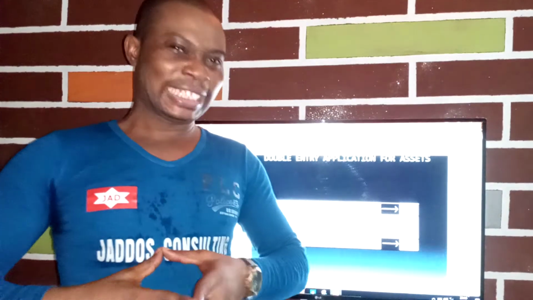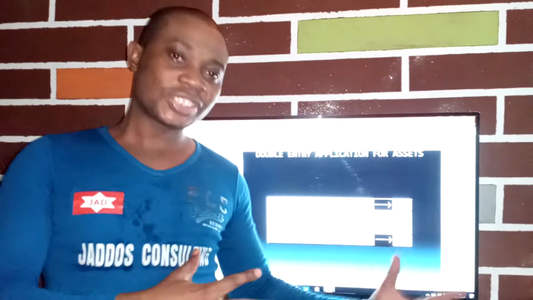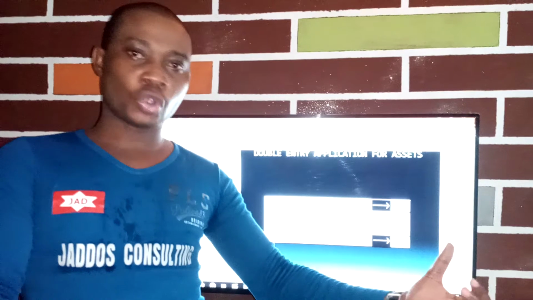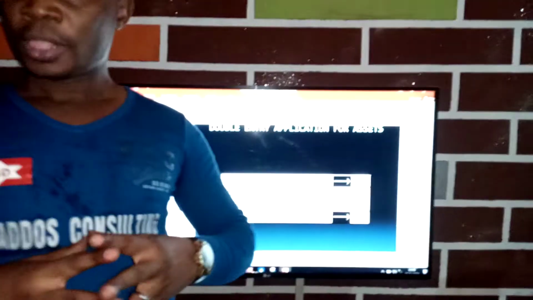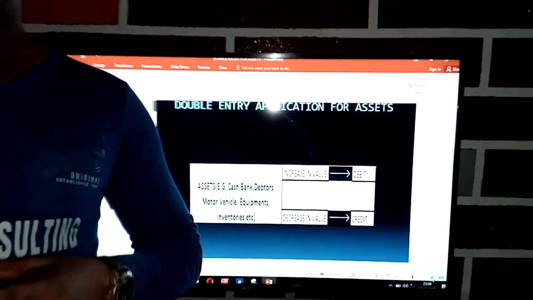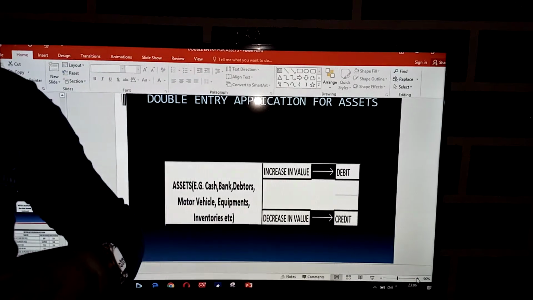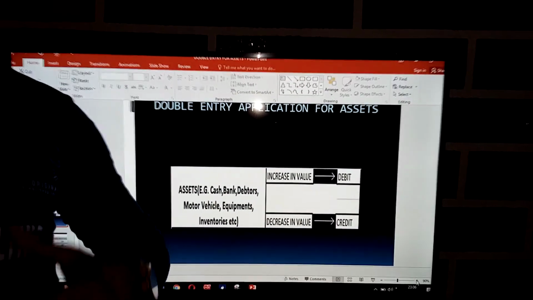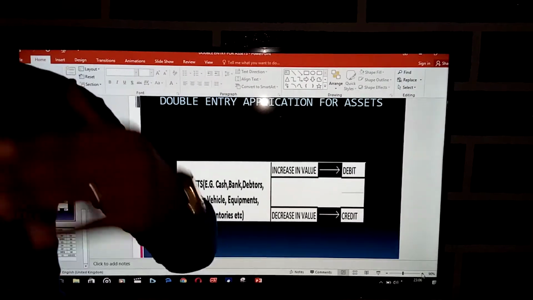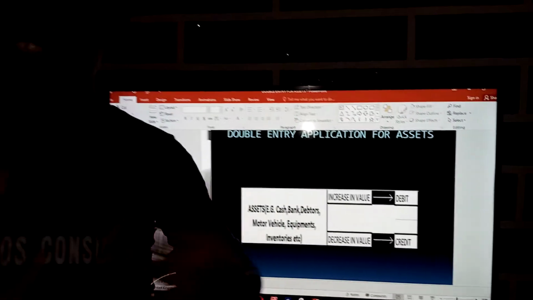And then we're able to classify assets into two: tangible assets and intangible assets. We explained that tangible assets are assets that can be seen or touched, and then tangible assets is divided into what? Current assets and non-current assets. I also explained that current assets are assets that are in the form of cash or can be transformed into cash in the course of business as usual. Usually within the accounting year.